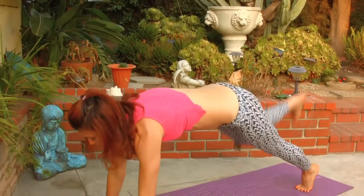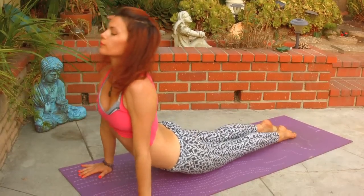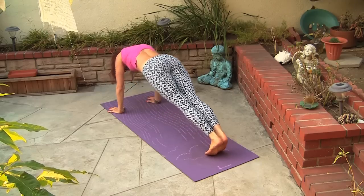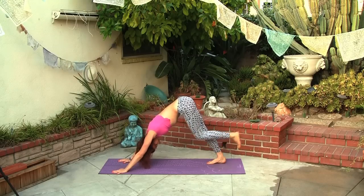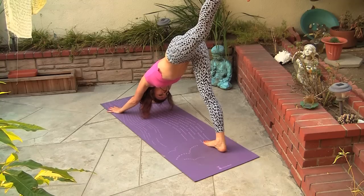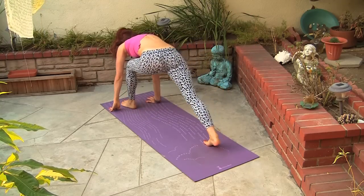Step back into plank, chaturanga. Upward facing dog, back into chaturanga and exhale in downward facing dog. Big breath in, take the left leg up, still keeping the eyes closed if you can. Step the left foot between your hands